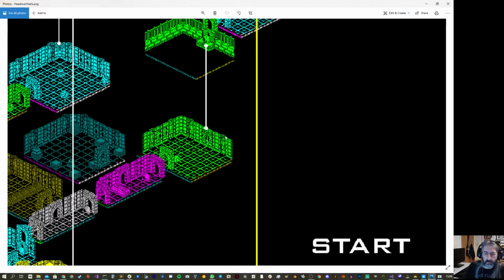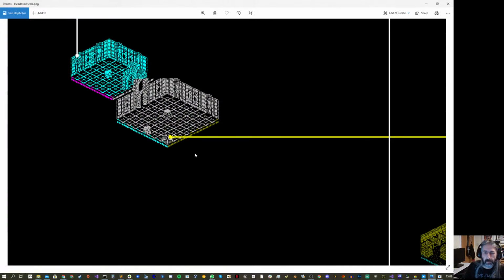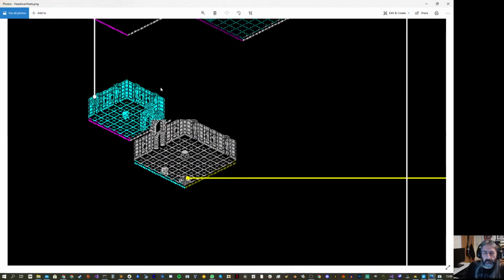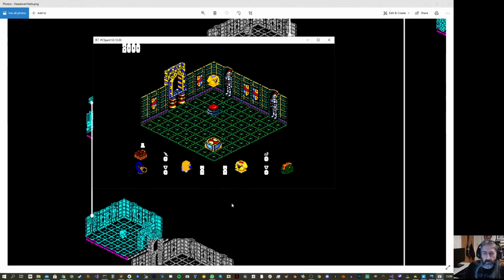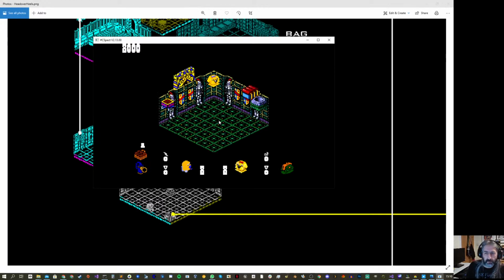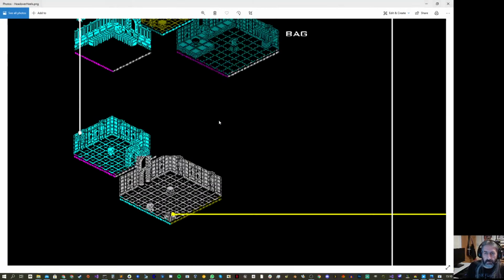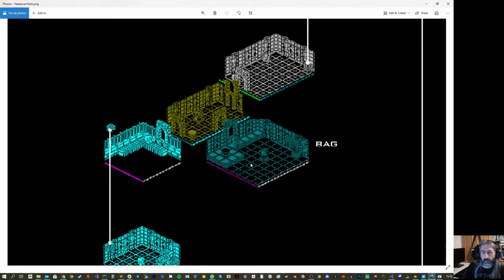That is Thingy's room, isn't it? It's Tails' room. Yep, that's Tails' room. So Tails, and then that's that room, and then that room. Right, so if I